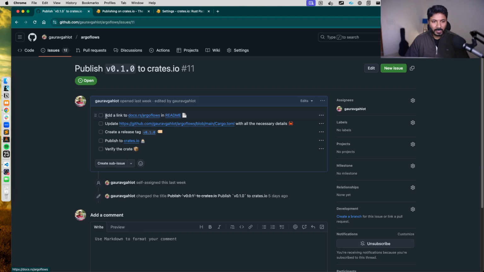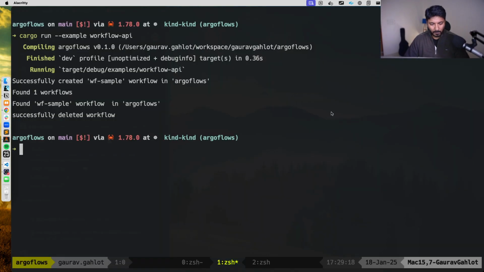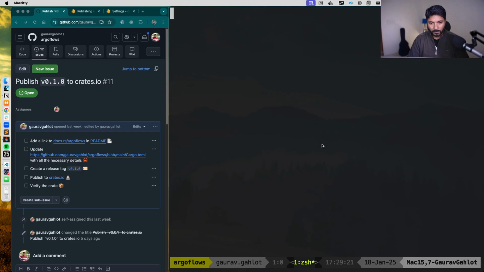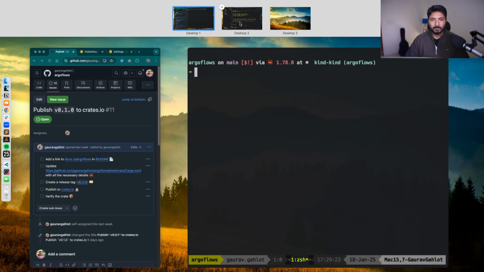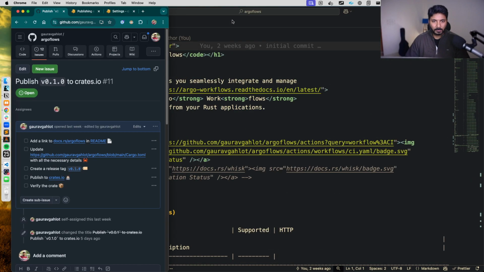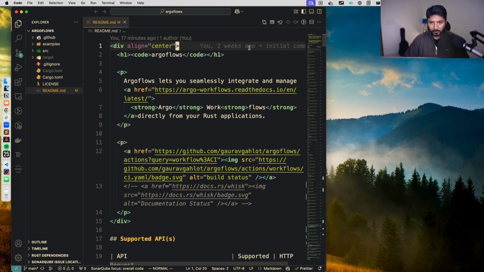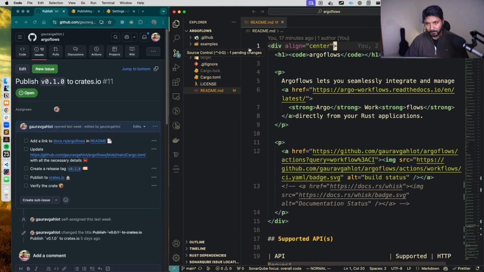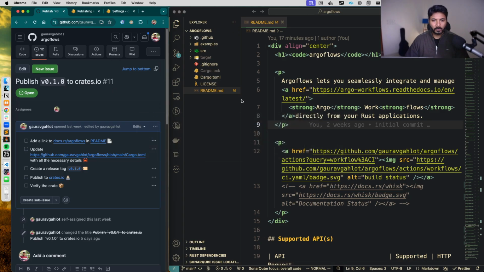So we do want to add a link. Let's start from there. Let me bring it onto the second screen, or I can even keep it here. I actually have VS Code open, so let me put it here. Now in the README, I'm not sure if you have already noticed, but there's a